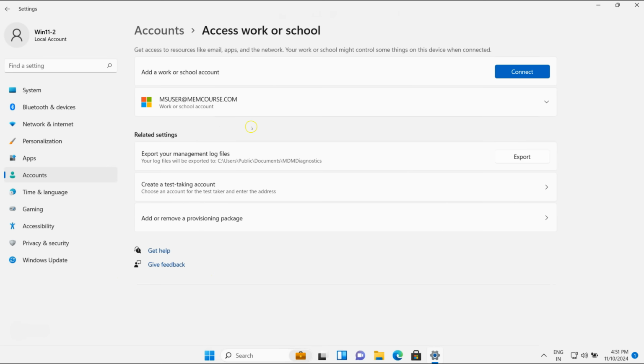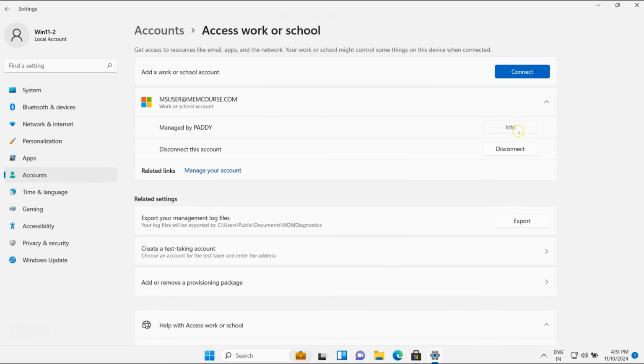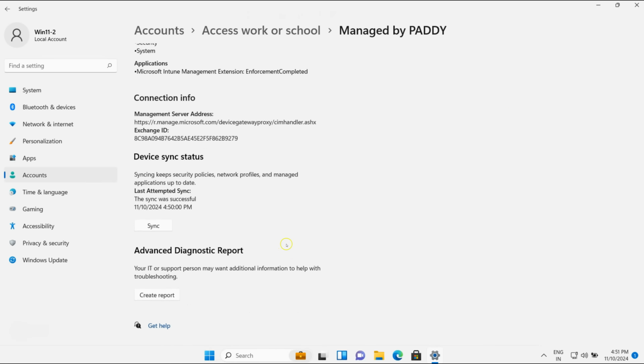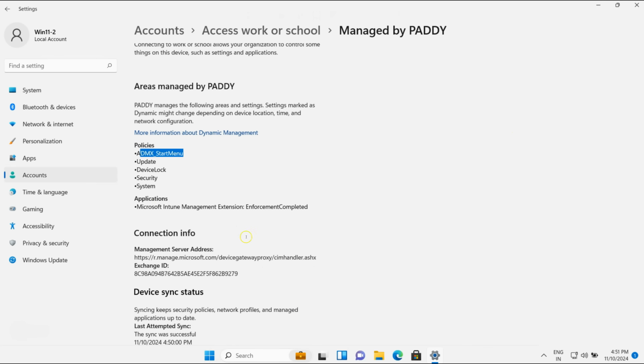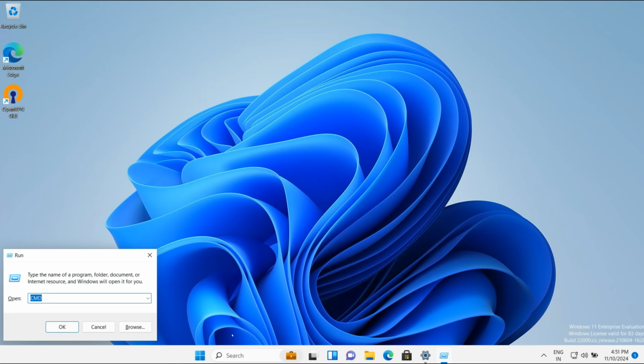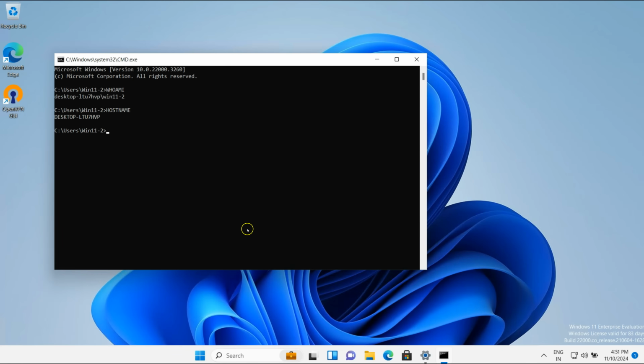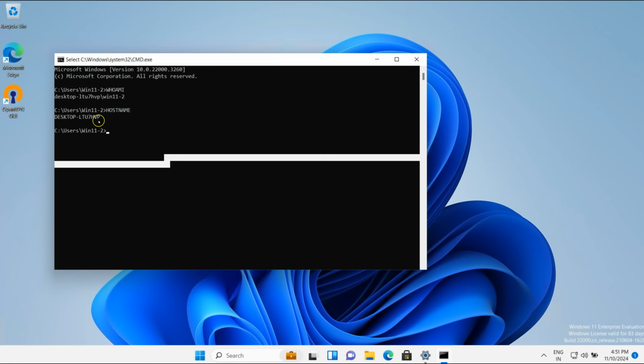So if I just go back here and info, as you can see here, other policies got deployed. Also some of the applications also got deployed, like OpenVPN GUI. All of that came directly from Microsoft Intune. And let me also show you the device name. You can see here I logged into the local user account, and this is the